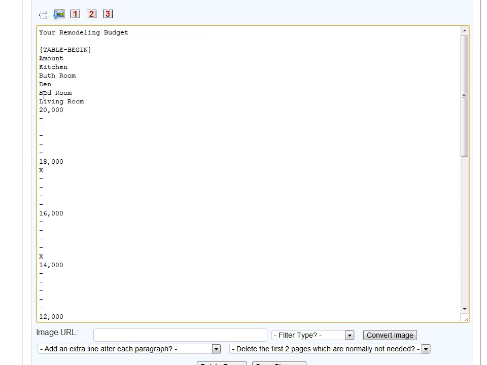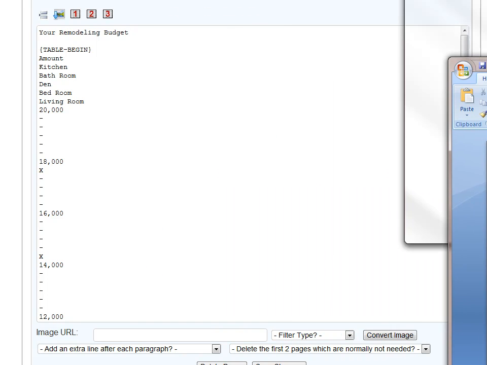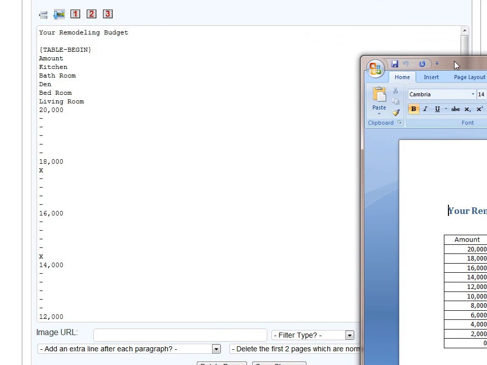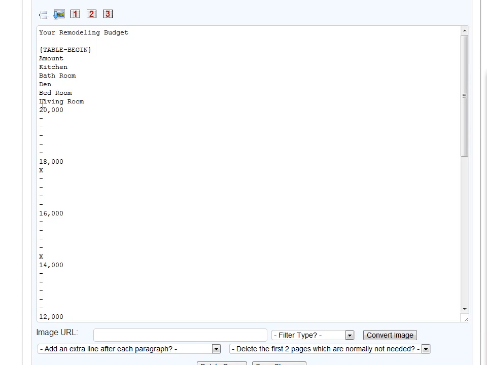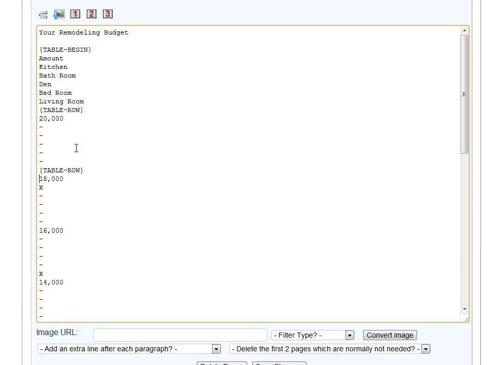And then wherever there's a new row created, put your cursor at the very beginning. Just so you're following along, you don't need it at the very beginning of the table, but you do need it on each of the first columns. If you follow that, put the cursor there, then go to the second one, table row, click it, insert the table row there, and then do it for each of the additional